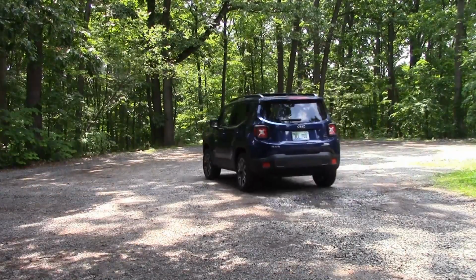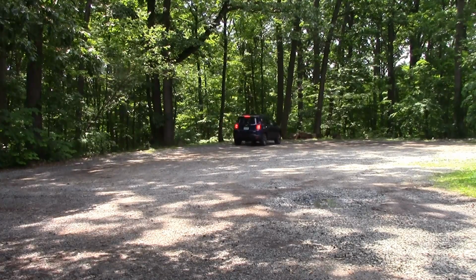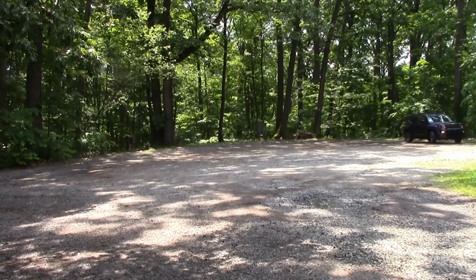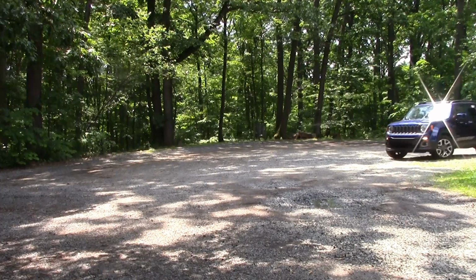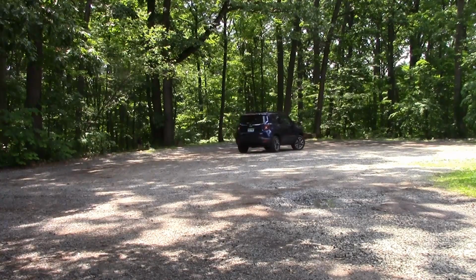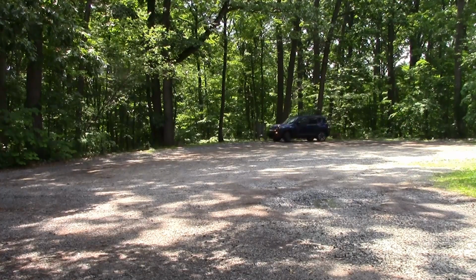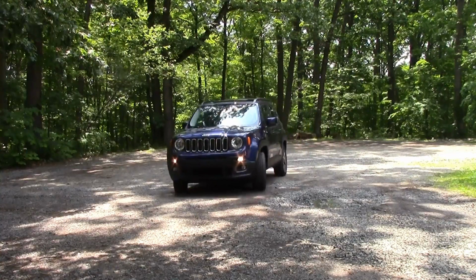Pricing for the Jeep Renegade Latitude starts out at $23,995. Now you do have the customer preferred package 27J that has the keyless entry and go. That's $125. The 2.4-liter MultiAir inline-4 engine is a $1,480 option that includes an engine oil cooler. You also get the 17-inch alloy wheels. You get the MySky Power retractable removable panels for $1,470. 18-inch wheels are $595. Remote start is $129. So with all that plus destination, you're out the dealer door at